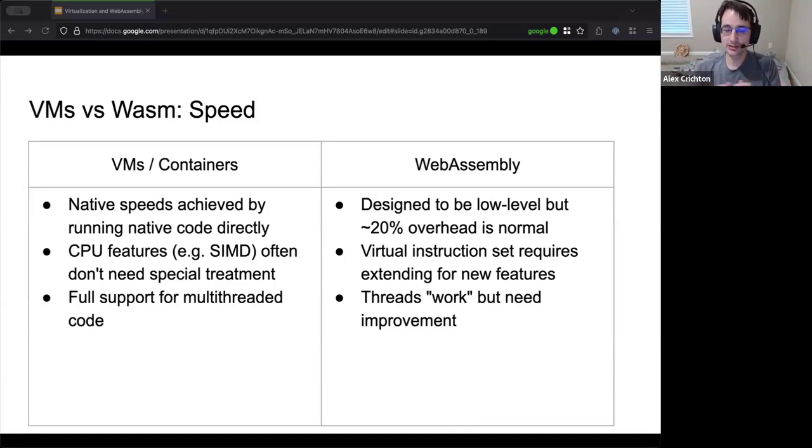But anyway, miscellaneous things are being added to WebAssembly, but they do take a lot of effort to add in a standard fashion. I can also definitely say that on the threading aspect of WebAssembly, threads do work. It's a little weird though. It takes a lot of investment to get threads working, and I won't go too much into it here, but it's definitely not a turnkey solution like it is on native platforms. You can't just take pthread, spawn a thread, and have it work just fine. It will work sometimes, but there's various caveats, things like that.